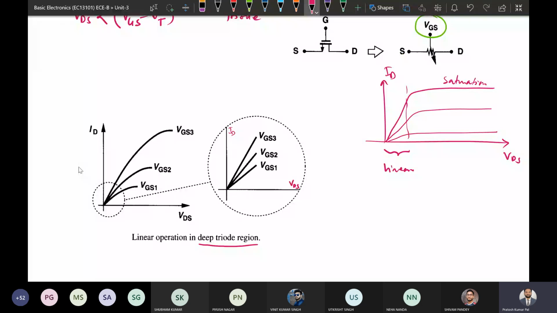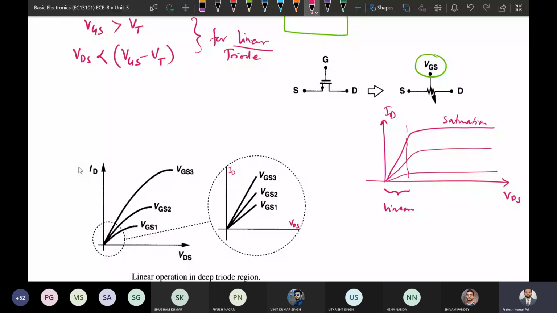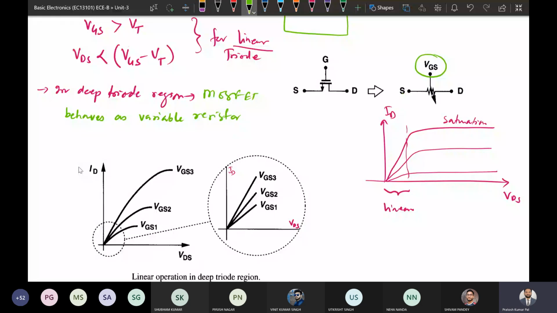So in deep triode region, the MOSFET behaves as a variable resistance, or we call it a voltage dependent resistor. So in deep triode region, this will be the case. So the condition for deep triode is basically